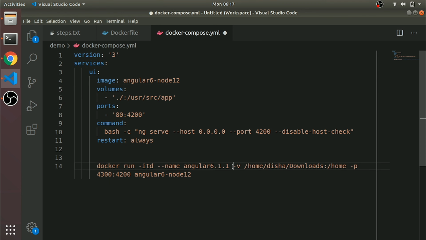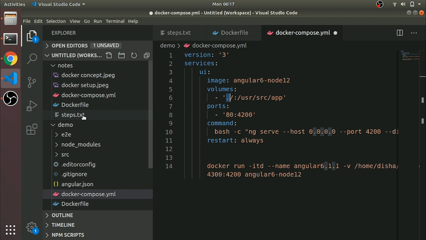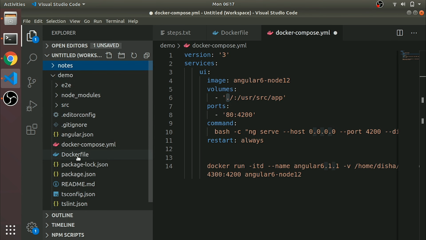Here you are putting volume mapping, which we have discussed. We are mapping our host directory, not inside Docker, so we are mapping our local folder to this folder. Currently I am doing this with a dot, which means the current folder.